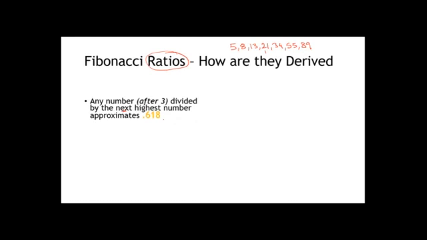There is an aesthetic reason why I've put the font color as a little goldenish. I'll come to that point. So I get a ratio. Our idea is that from this number series, we are going to derive a few ratios, and these ratios are going to be useful in our charts. We are in the process of deriving these ratios. For the first ratio, we took any number and divided it by the next higher one, and for each and every number till infinity we keep on getting 0.618. So this is ratio number one.